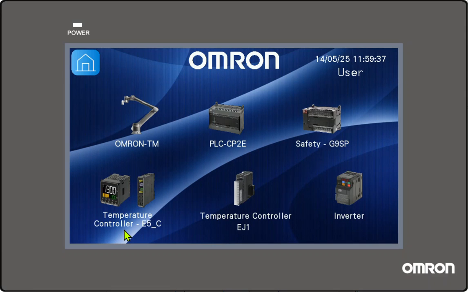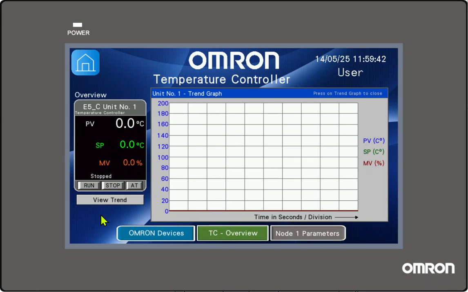The following device is the temperature controller, in this case the E5CC, but also the E5DC. And in this first screen we have configured the main information of the E5CC or DC unit, and here we have like an overview. This is a page of an overview, and we have just one unit, but we can connect more than one, so we could copy and paste this layout and adapt it to more units here.